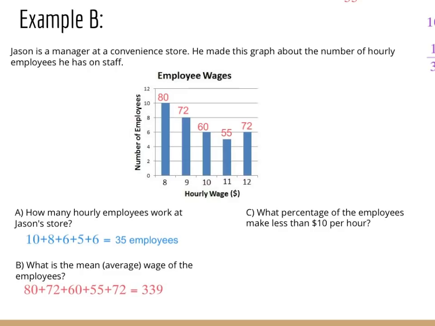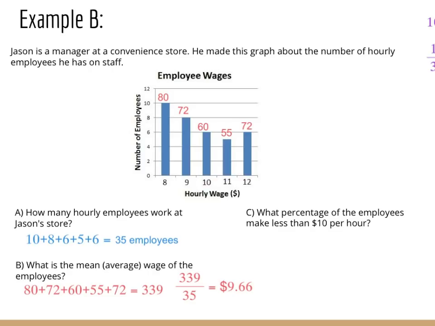80 plus 72 plus 60 plus 55 plus 72 equals 339, but they don't make an average of $339. I need to divide that by the total number of employees, which again is not 5. Just because we have 5 columns doesn't mean there's 5 employees. There are 35 employees. So when I divide 339 divided by 35, an average salary is